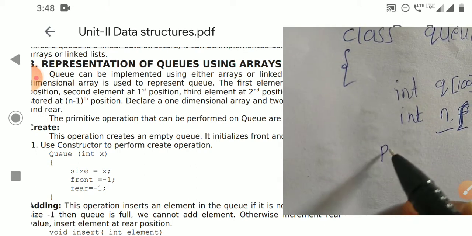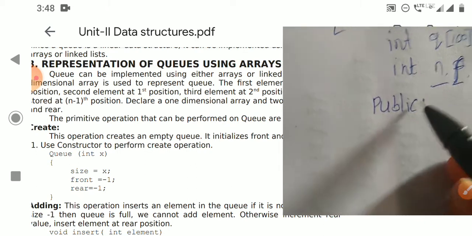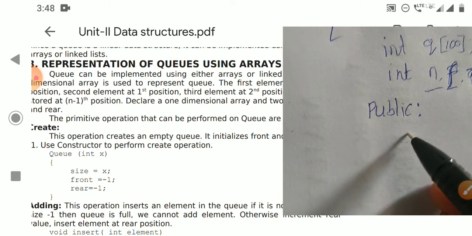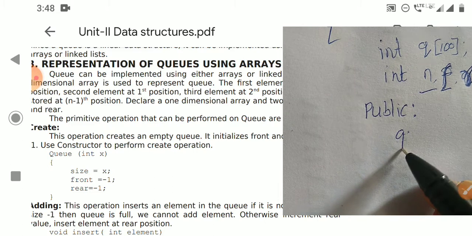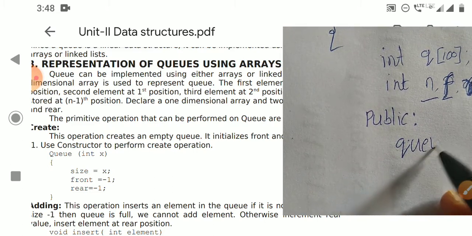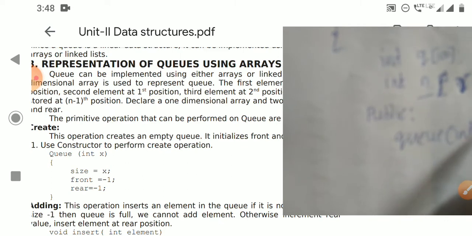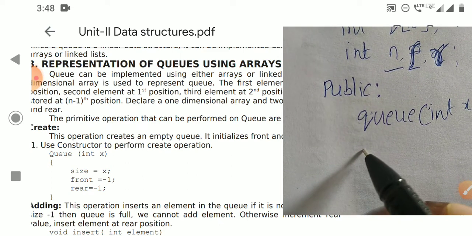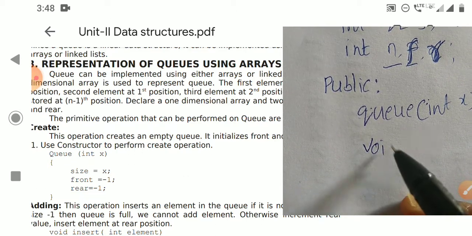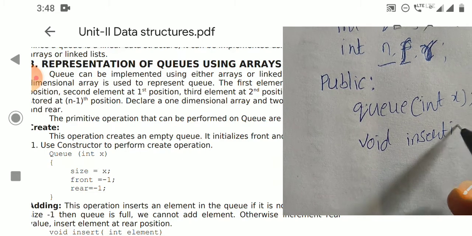In public mode, I need to write mainly four functions. One is to create an empty queue. For that I am taking a constructor which will take a parameter x, and I am defining an insertion operation.